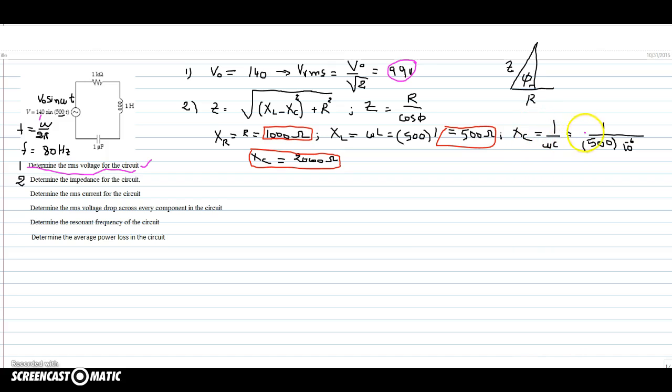The XC is 1 over omega C, 500, and this is 1 micro. So all done is 2000 ohms. So these are the impedance, the reactance of every component. Now I can plug these numbers here and find what is Z. Well, Z is square root of XL minus XC. XL is 500 minus the XC is 2000